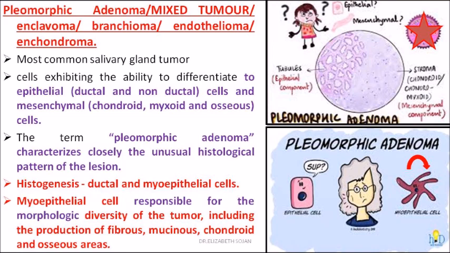Now just note down the first picture. Concentrate on the first picture. That small girl is confused over there. Can you see two question marks? The girl is thinking about why pleomorphic adenoma is called a mixed tumor. It is because it contains both epithelial as well as mesenchymal components. Mesenchymal means connective tissue component.